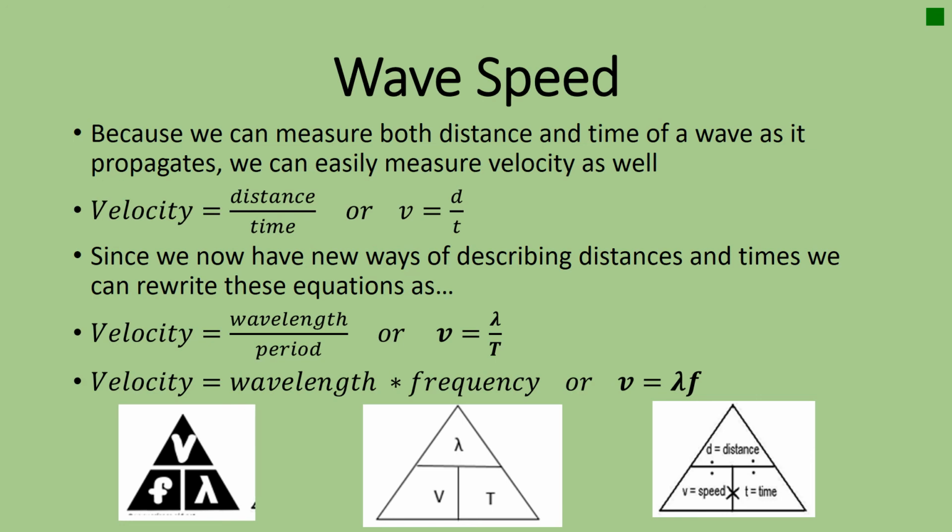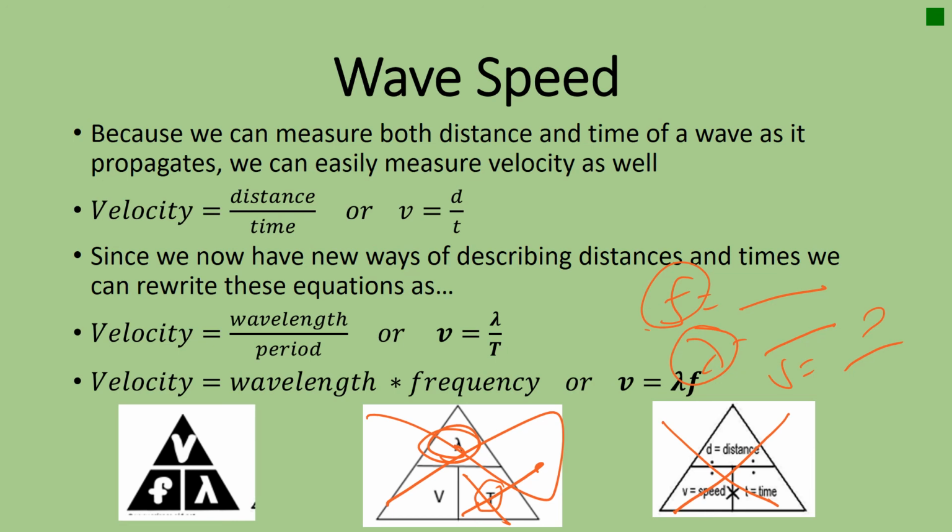So let's say I give you my frequency is something, my wavelength is something, and I'm asking you what is its speed or velocity. Which one would we do? What you want to do is look for something with frequency and wavelength in it, which would not be this last one. Oh, I see wavelength, but I don't see frequency. I see period, so that would not work. And then I'm going to go to the first one. Oh my gosh, I have frequency, I have my wavelength, and I'm asking for this,